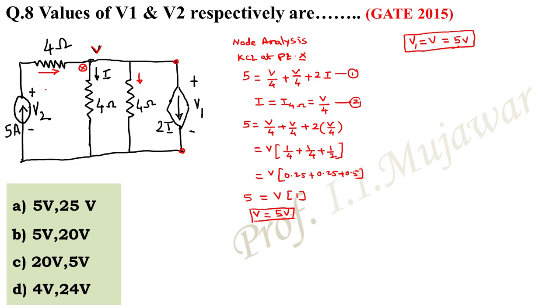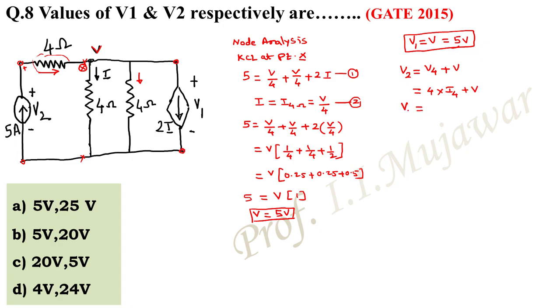Now the second thing is V2. V2 is the potential at this point with respect to ground. If I use this loop, look here, V2 I can define as V4 plus V1 or V. What I'm doing is the voltage at this point is nothing but this drop plus the voltage at this point with respect to ground. That means V2 is nothing but 4 into I4 plus V.